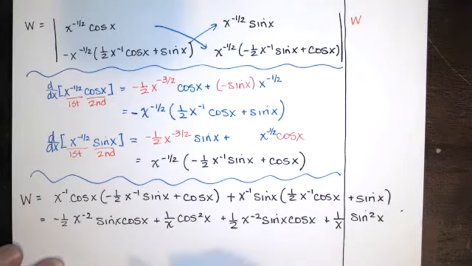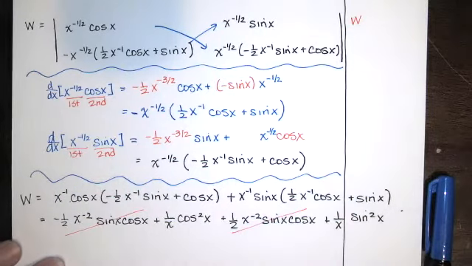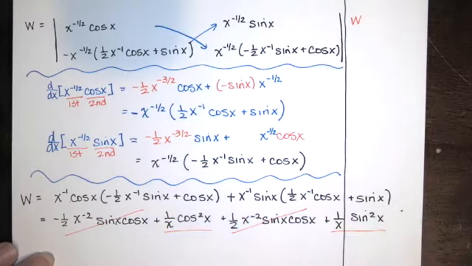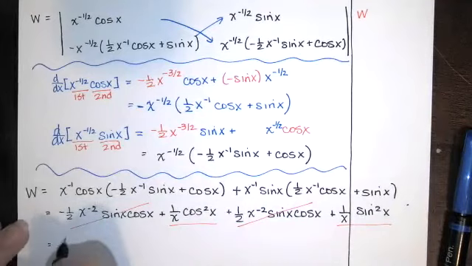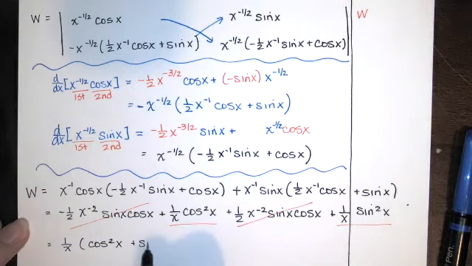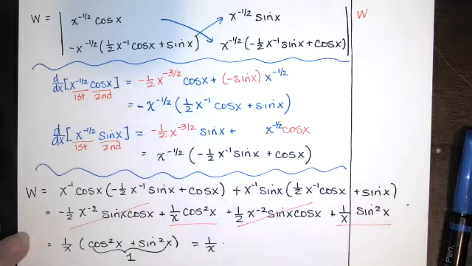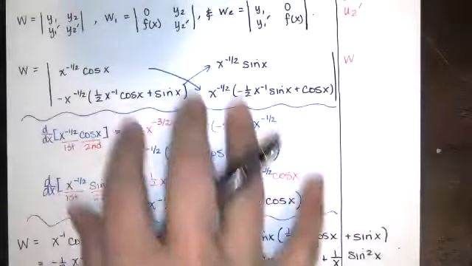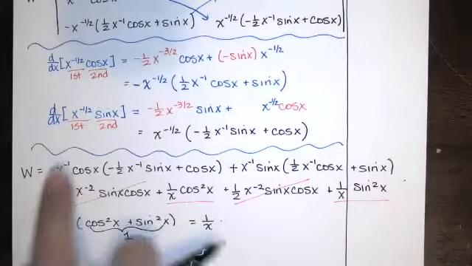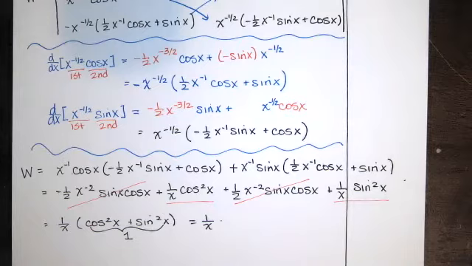And even though it looks messy, what do you know? This term and this term are identical, but with opposite signs, and so they're gone. And then these guys have a 1 over x in common, so I can factor out a 1 over x from here and here. And I have 1 over x times cosine squared is my first term, and 1 over x times sine squared is my second term. And that's 1. So the Wronskian is just 1 over x. Very nice. It looked really bad, and the differentiation was a little tricky, but we got to this beautiful simple function. All right, so that is our W, and W1